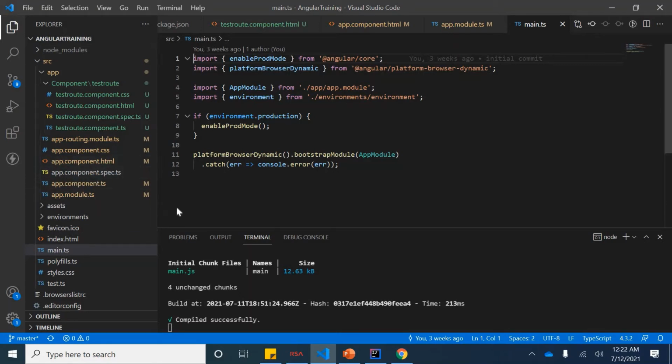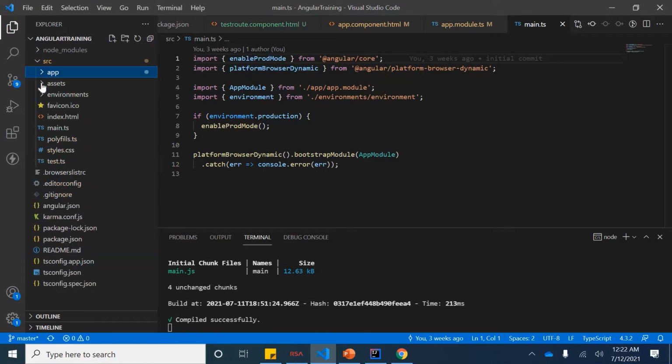Okay, so to start, your main.ts is the starting point, from where you will be starting an application, right? Similarly, we have other things, so this is pretty much about app. We'll see when we proceed with different things in Angular, so we'll be using it.